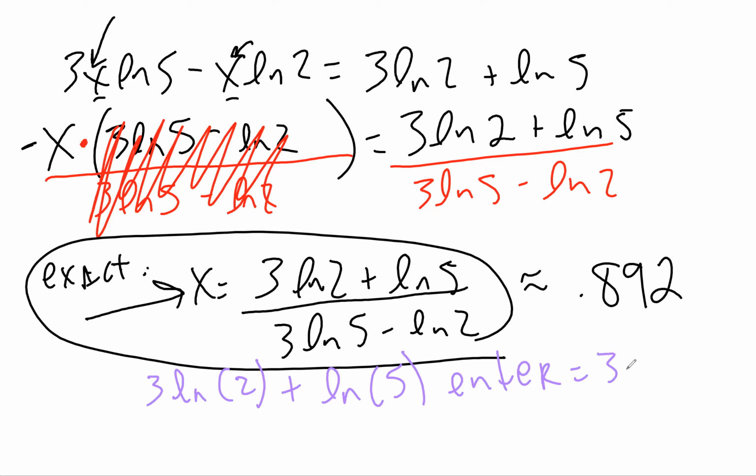That step is going to give you 3.68 blah, blah, blah. Now, again, I don't care about that 3.68. I'm just letting you check yourself along the way. Next, you're going to hit the division sign. Then you're going to put a parenthesis, okay, because now we're down here in the bottom. So you're going to hit the 3 button, the ln button, the parenthesis pops up, you put a 5, you close that parenthesis,